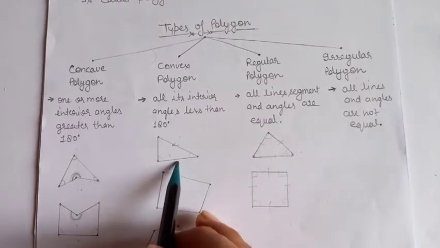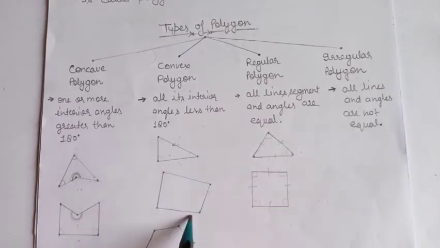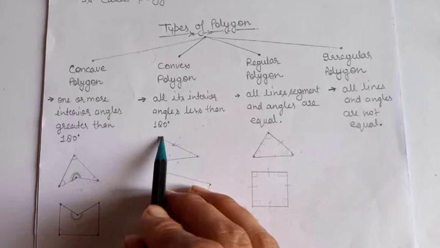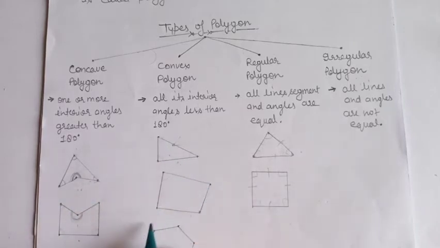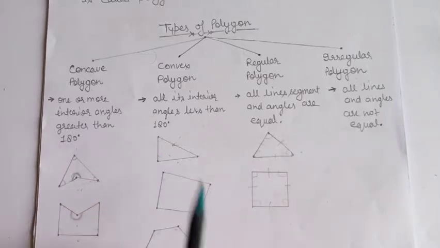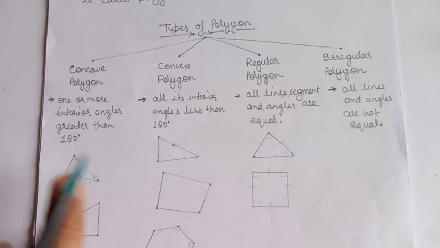It is a 3-sided figure known as a triangle. A 4-sided figure is a quadrilateral. A 5-sided figure is a pentagon. So students, now you can check that each interior angle is less than 180. Similarly here, here, here. Now all angles are less than 180, so such a shape is said to be a convex polygon. I hope you understood the difference between concave and convex polygons. Okay, let's move on.